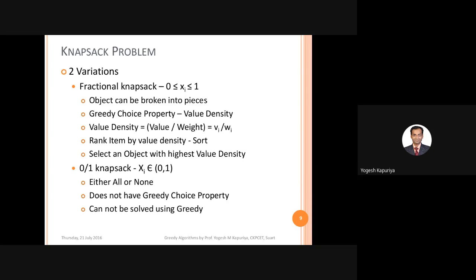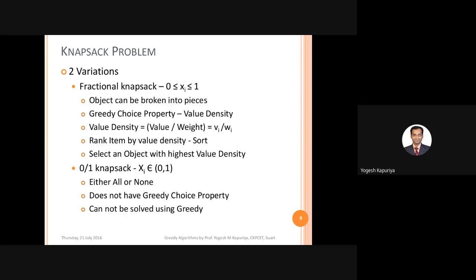That will let you know which object you should pick. If you find the per gram value of the iPhone, it is 10,000 by 200, right? And the per gram value of Parle-G is 5 by 100. Obviously 5 by 100 is much less than 10,000 by 200. That's why you always pick the object which has the higher ratio of profit.